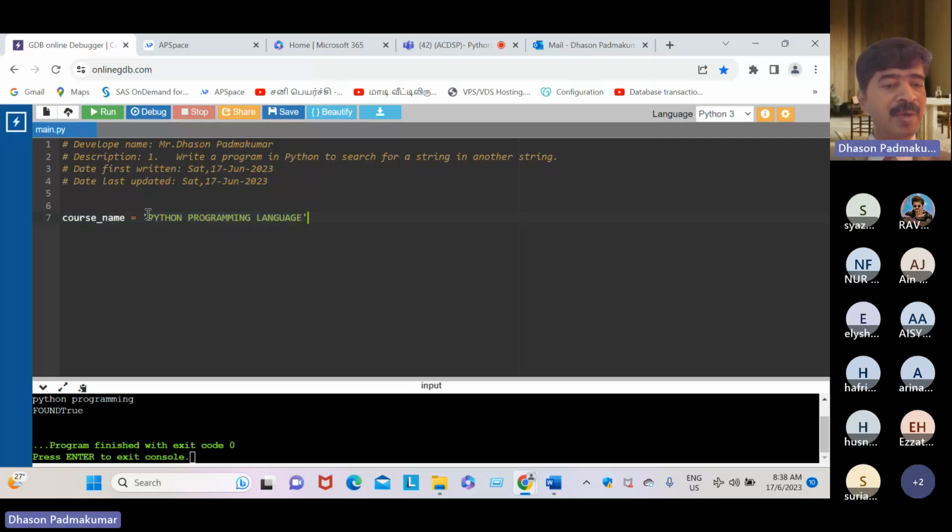Dear student, this is a string variable holding a piece of text. A string in Python may be alphanumeric, and it starts with a single quotation and ends with a single quotation. You may use either single quotation or double quotation as well. Nothing wrong in it, but dear student, don't define like this. It is totally wrong: one side double quotation, another side single quotation. Use either single quotation or double quotation on both sides.